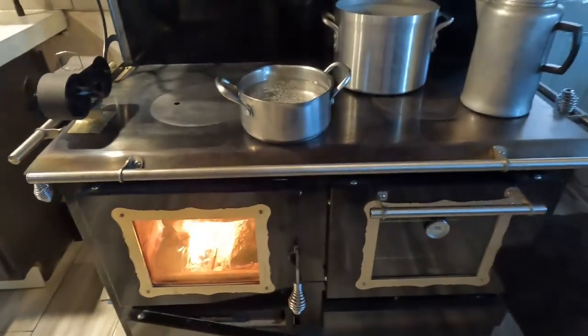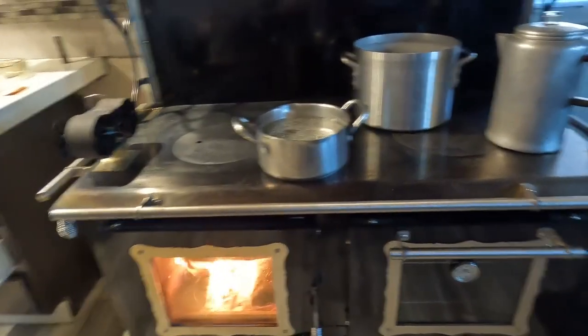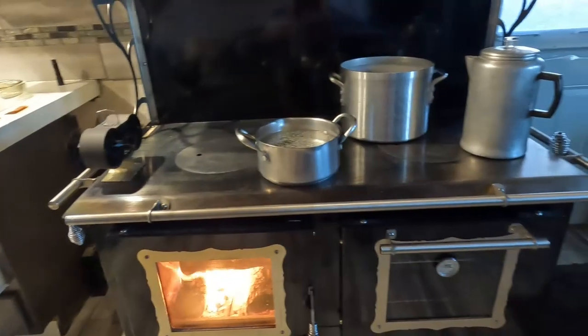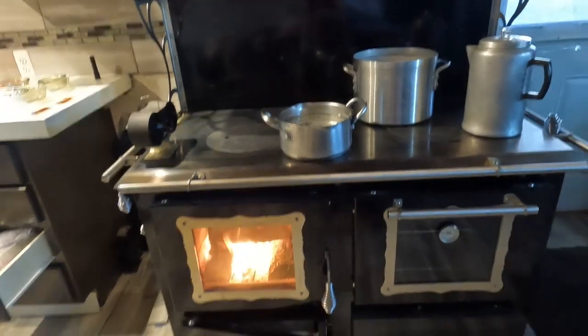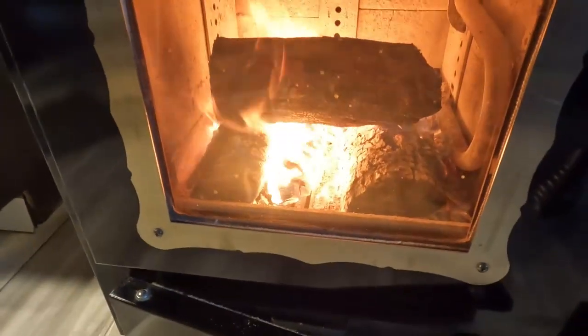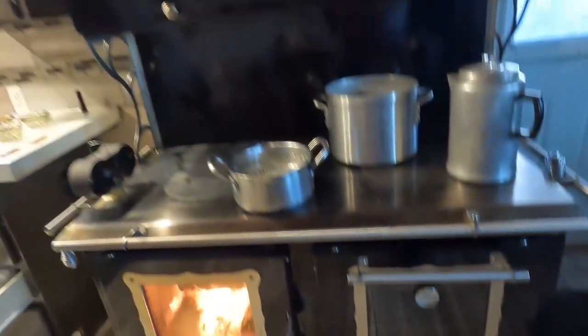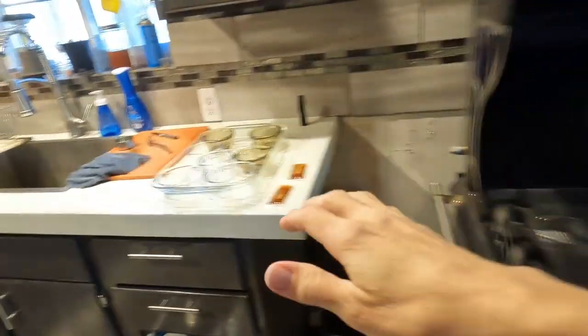I have water heating up so I can put it inside of my pan when I go to bake. I put a nice piece of hedge right on top there so that I can get the oven up to temperature. And now I get to start making